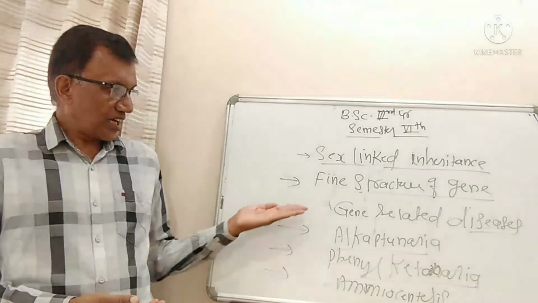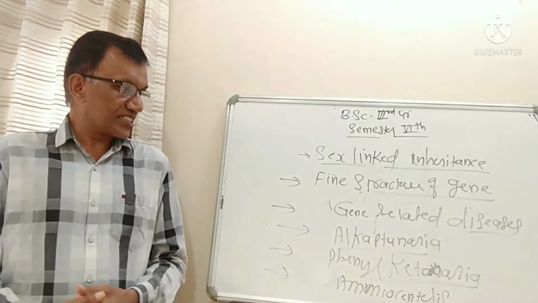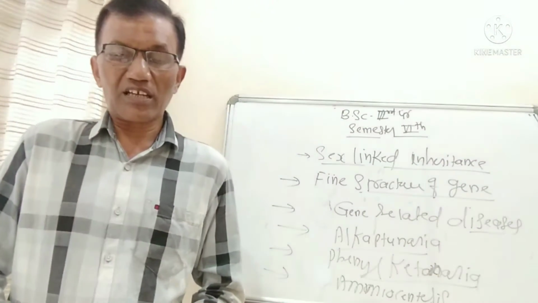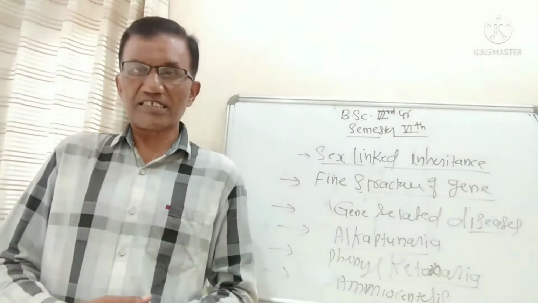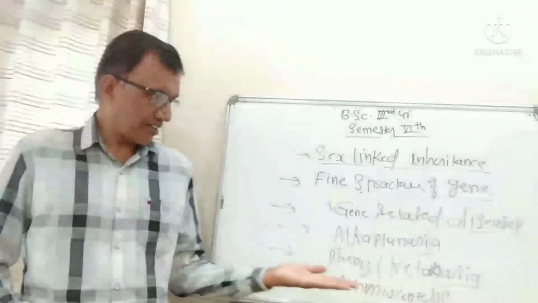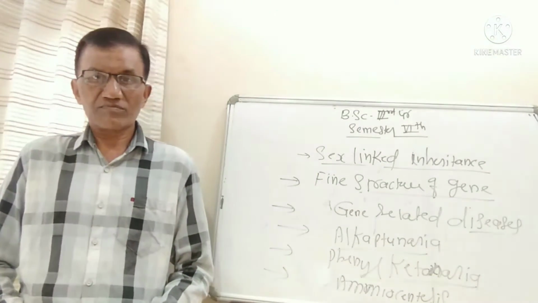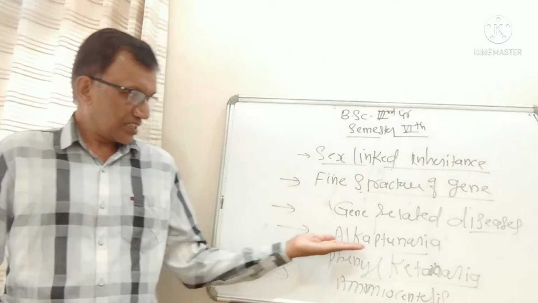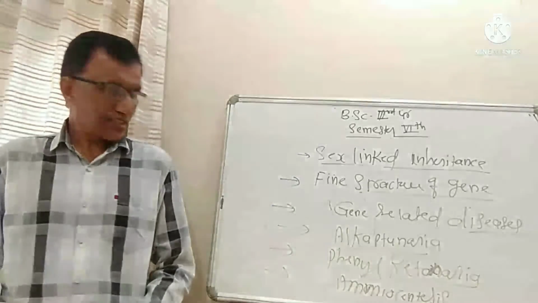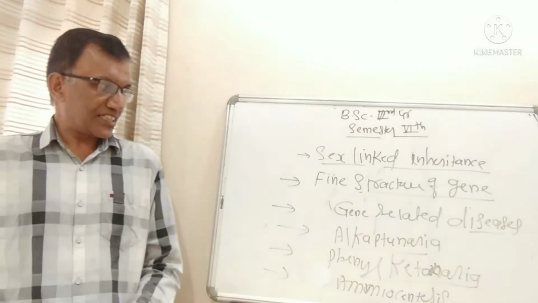And after that, there is one more thing in this chapter, that is genes and gene related diseases. There are three important gene related diseases mentioned in your syllabus: alkaptonuria, phenylketonuria and amniocentesis. Alkaptonuria is also known as black urine disease. These two diseases are related to our